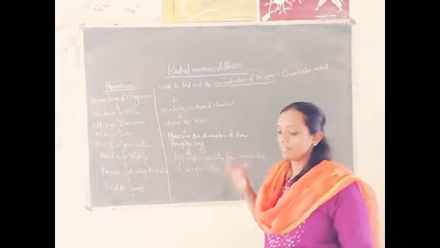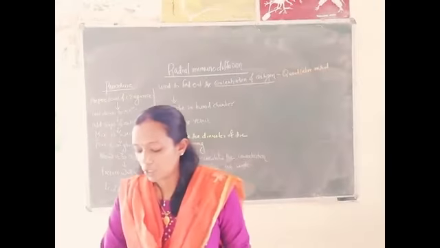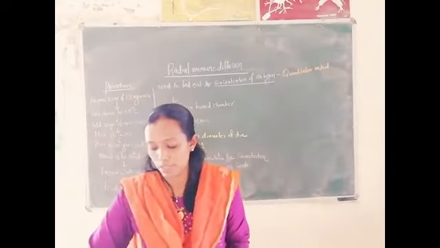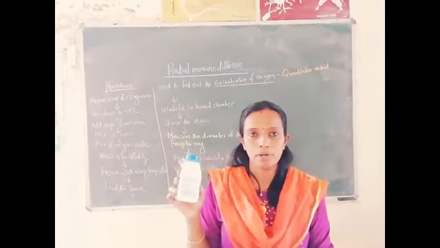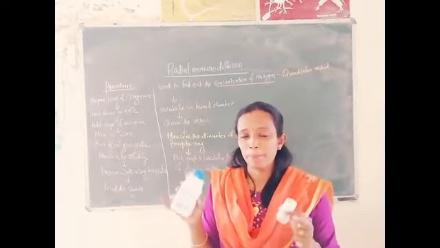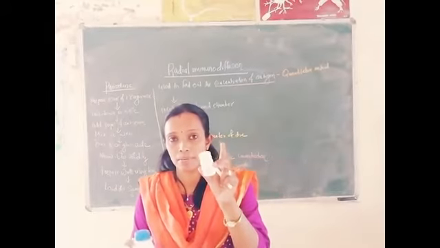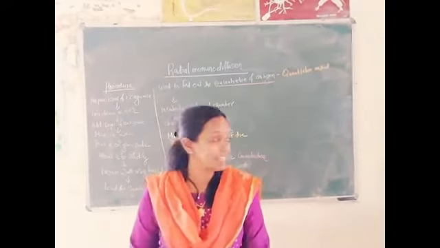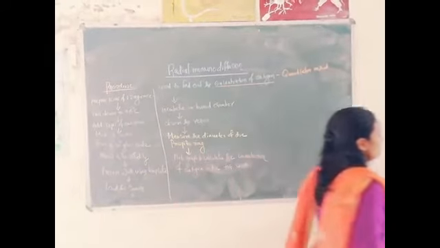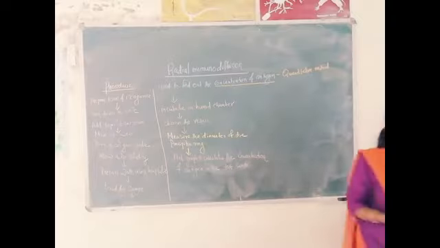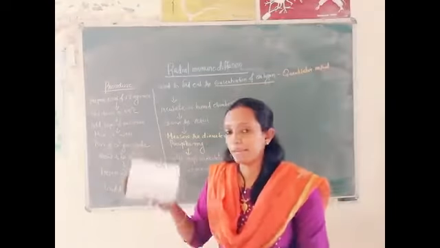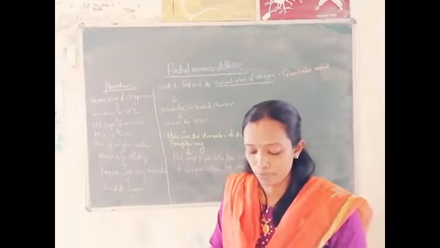Before starting with the explanation part, I will tell you what all things you need for doing the experiment. You need agarose for preparing the gel. For preparing the plate you need agarose. The agarose should always be prepared in the assay buffer, 10x assay buffer, which is given along with the kit. In our lab we use the HiMedia kit. This is the HiMedia kit we use for the radial immunodiffusion.